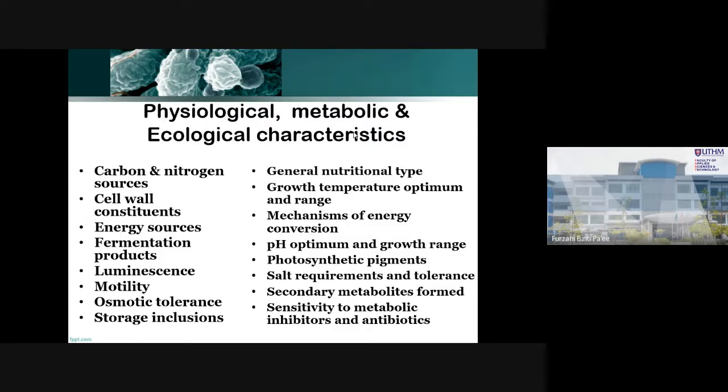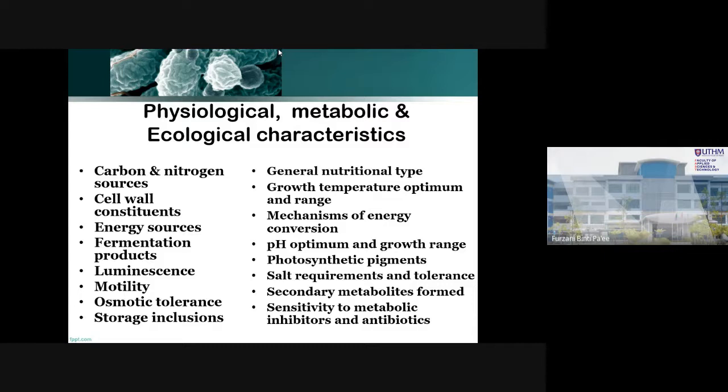Next one, we can use the physiological, metabolic, and also the ecological characteristics or parameters. So, for example, the carbon and nitrogen sources. So, whether the bacteria use the carbon and nitrogen sources to survive, or from where do they get the carbon and nitrogen sources? Those are the categories that we can use to identify and also to characterize the